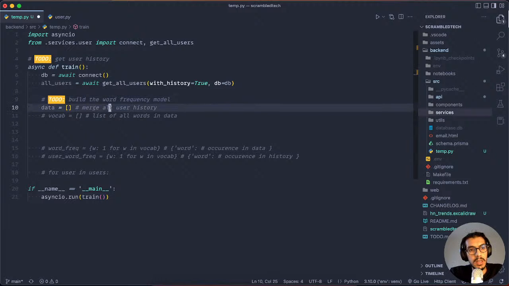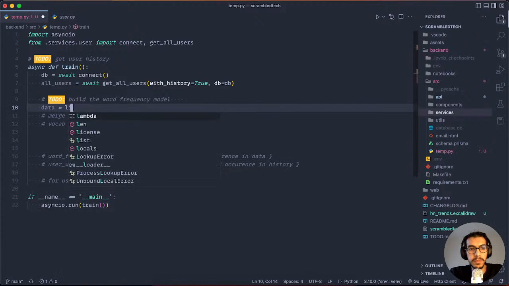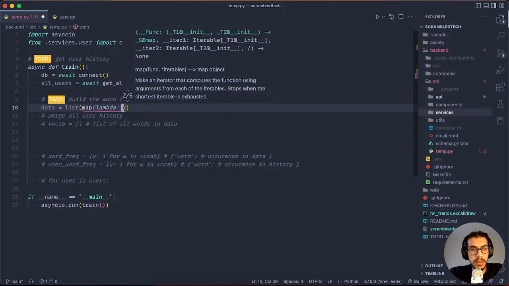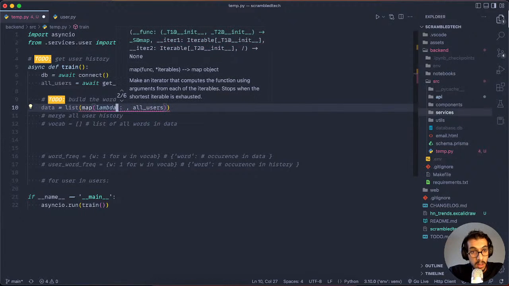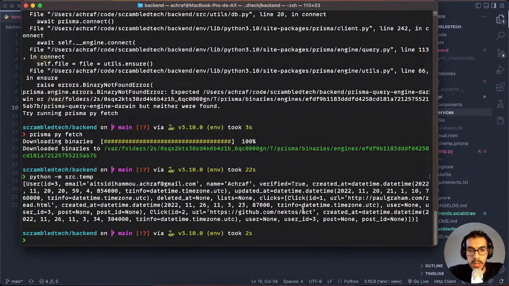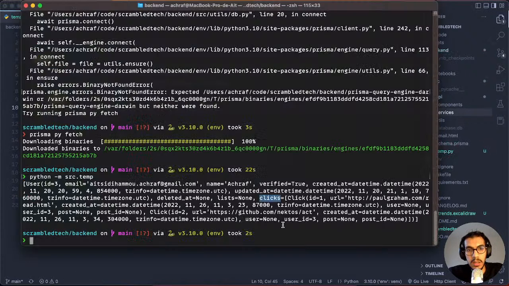All I'm gonna say is that data is gonna be equal to, it's gonna be very nasty, very nasty. So the first thing is a lambda function, and the next thing is all users. So I'm gonna get a user from there, and what I want is the clicks here. So I'm gonna say user.clicks, and from these clicks I want the,